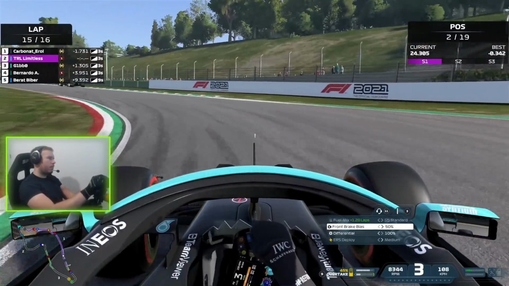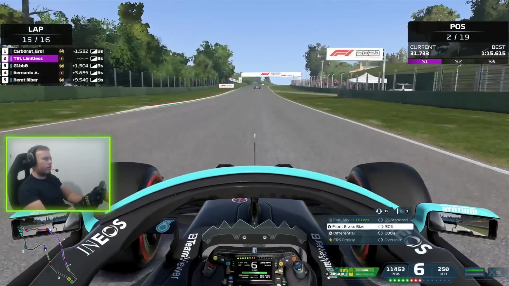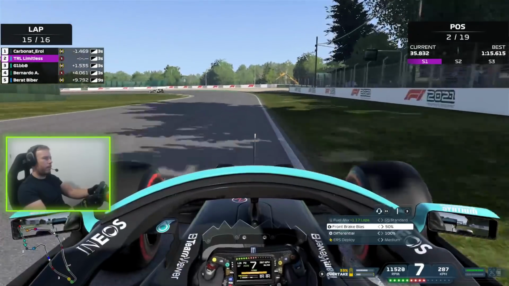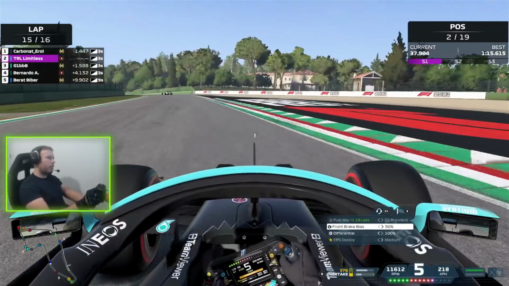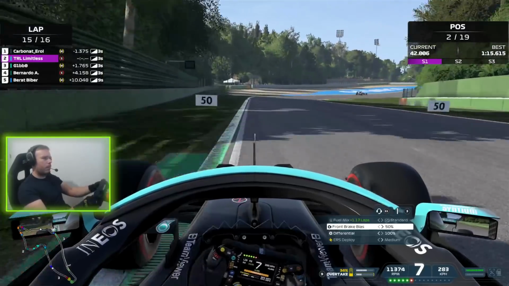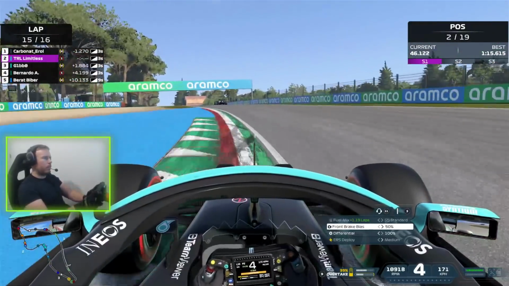Purple first sector, because we did have the benefit of the DRS. Using a bit of the overtake now, because we have to get within the DRS zone coming into this last lap. Otherwise, it's going to be a pretty difficult task. So coming through into here, taking a bit more risk, going through into this corner, trying to get a very good exit